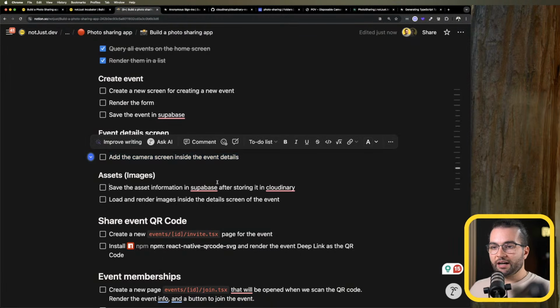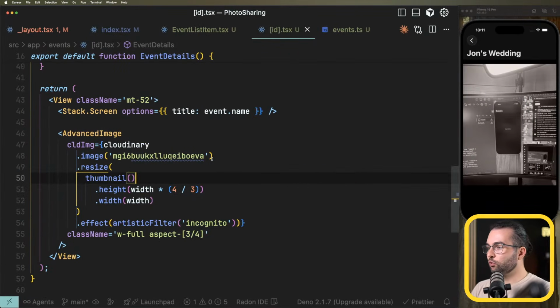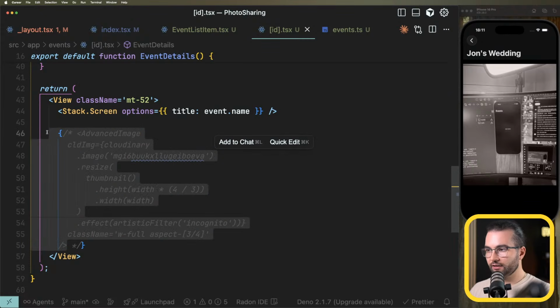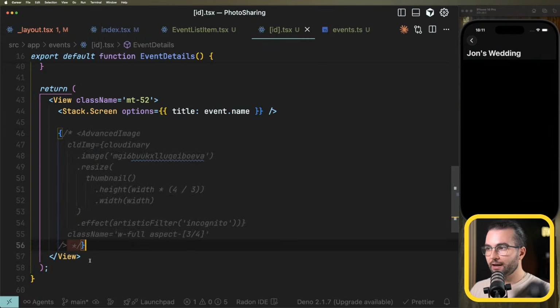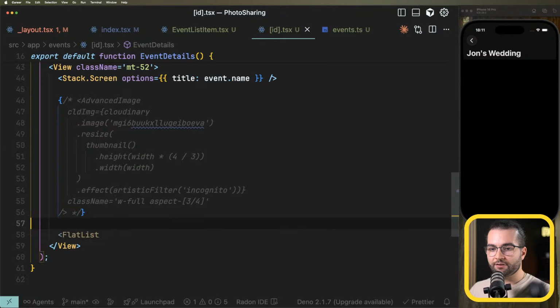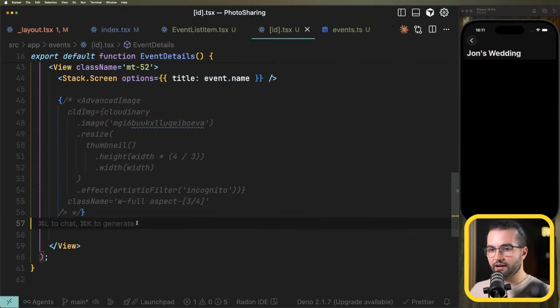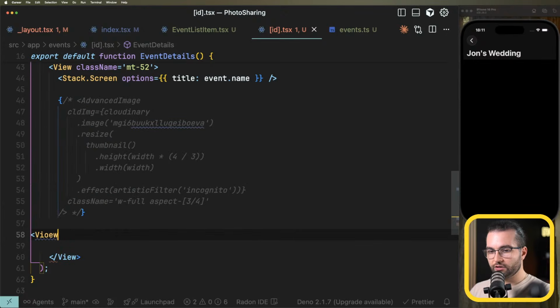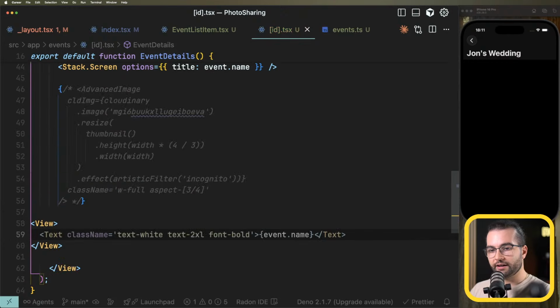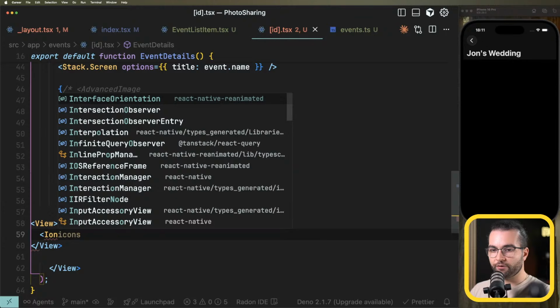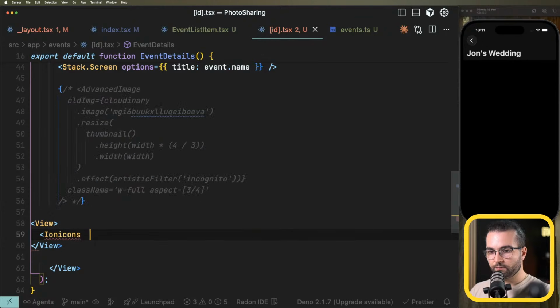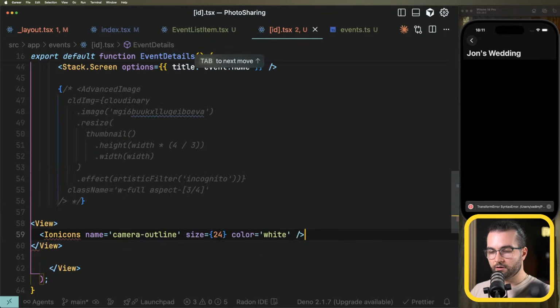Our next goal is to add the camera screen inside the event details. What do I mean by that? Well, I don't know what's going to be here in terms of images, but I know that we're going to have some kind of a floating button, which I can generate maybe. I don't want to use AI now. It's going to be a view, inside of it is going to be some kind of an icon, name,